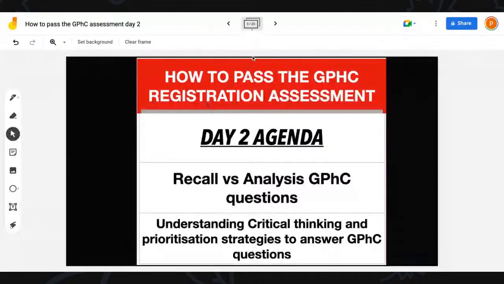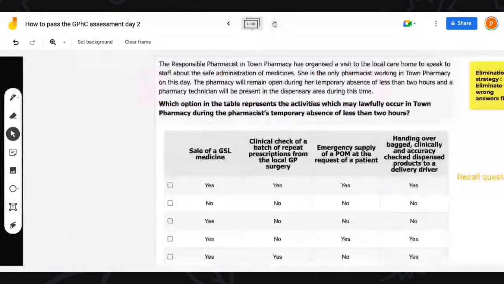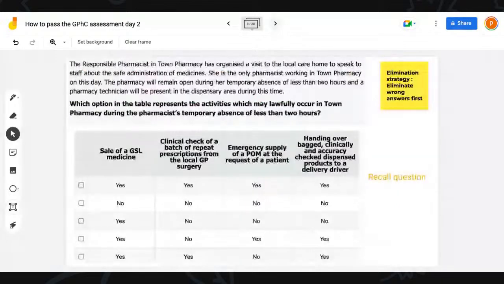So next slide. We're going to look at an example. This is an example of a recall question, right? So we're going through different phases. The first recall questions that I showed you were very direct. I told you it's going to get a bit harder, but then you have the strategies. So the first thing we're going to do, we're going to answer this question together, and I'm going to answer this question showing you strategies that you use to answer these type of questions.